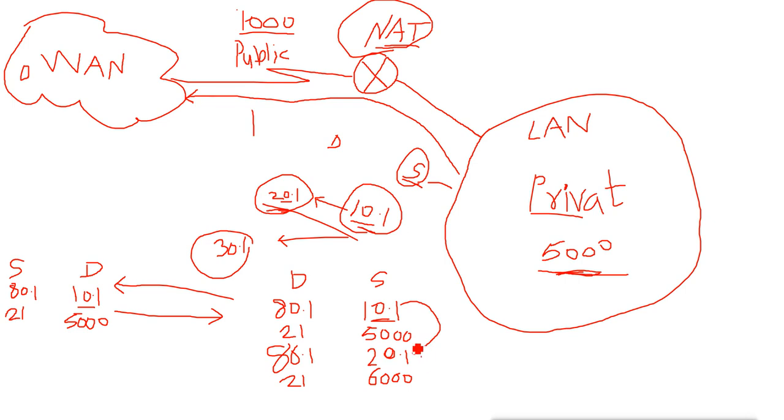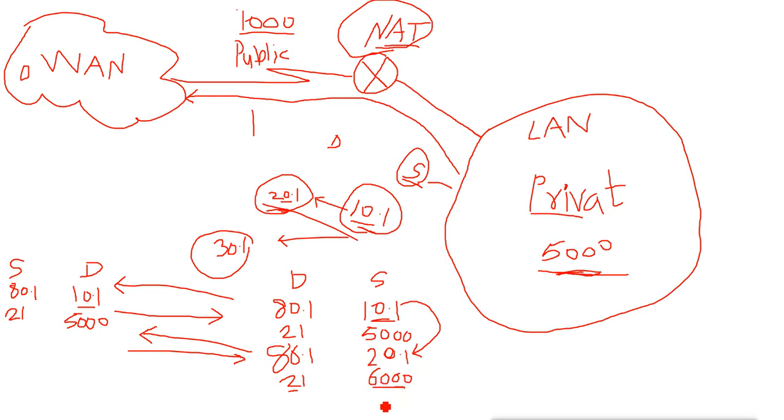Now by default, normally also, ports are chosen randomly. So here it is also choosing a random port, suppose for example 6000. The important one is the destination port, and then it will send the packet. Now when the reply comes back, the source becomes destination and the destination becomes source. Now how does the router understand which private IP this reply is for? It will understand by this port number.